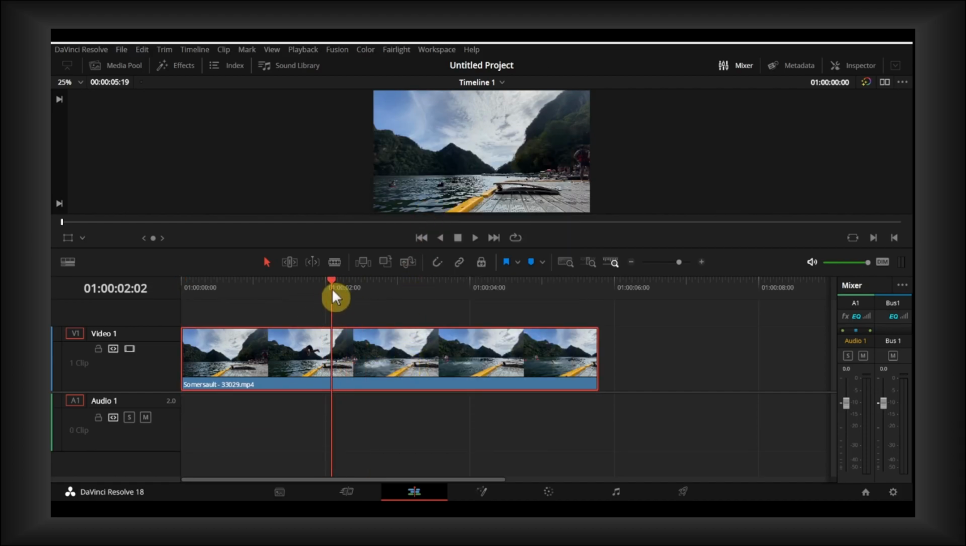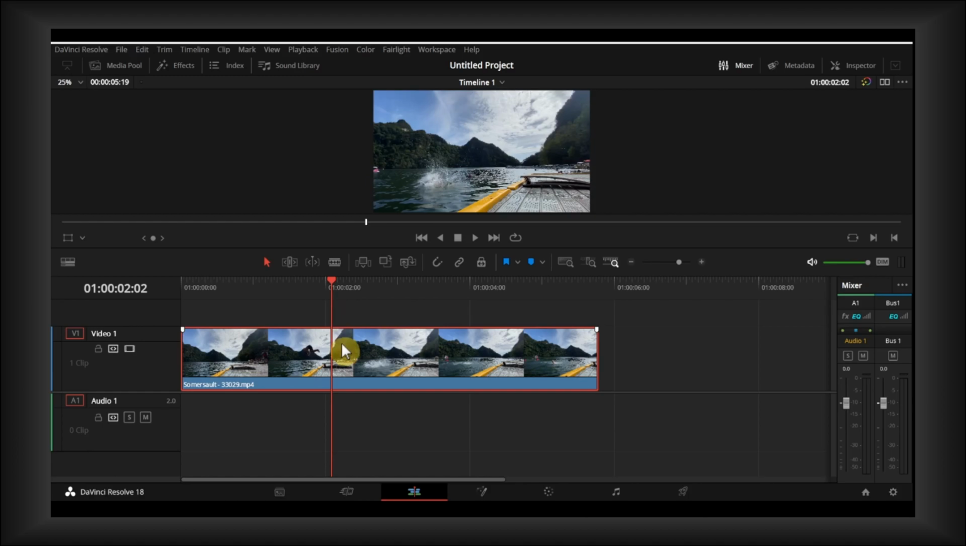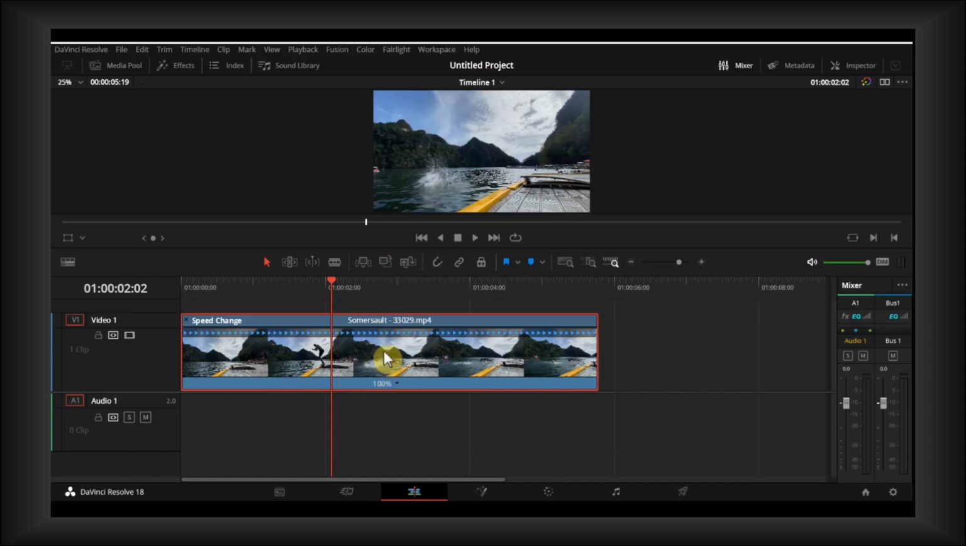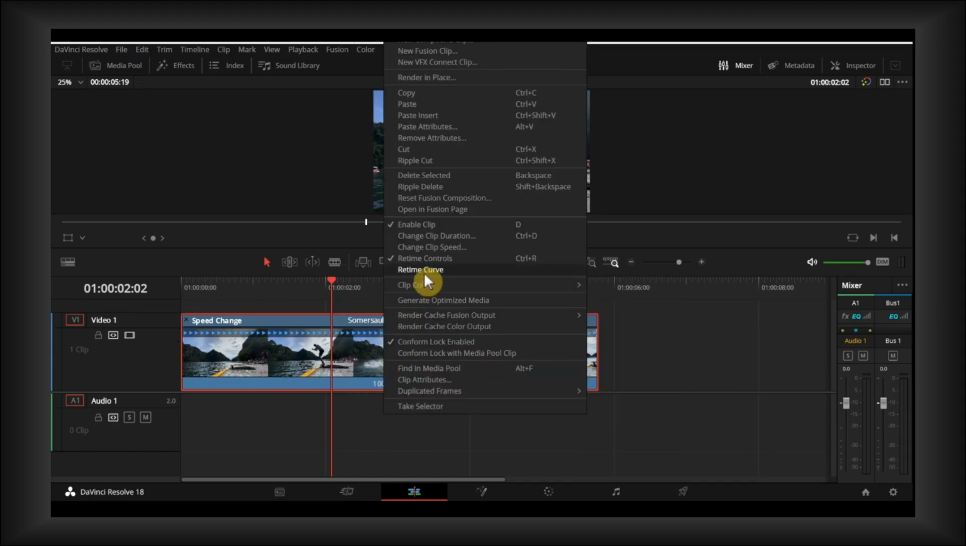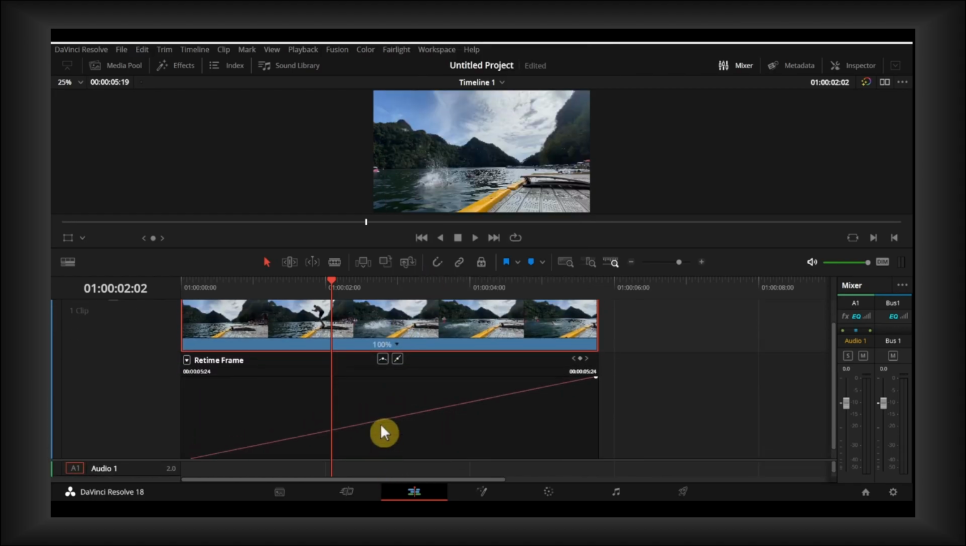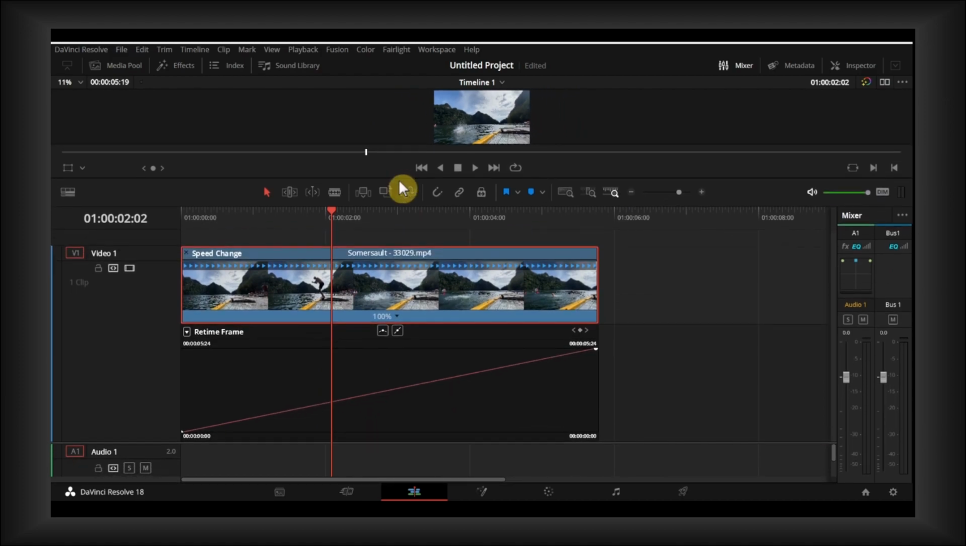And now to add speed ramping, what you have to do is right click on the video and here select retime controls, right? And then you also right click and select your retime curve. We also need this. Let's drag this a little bit down and I'll make this bigger. And now to create this, what you have to do is first